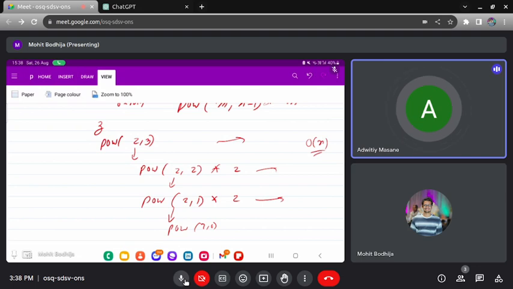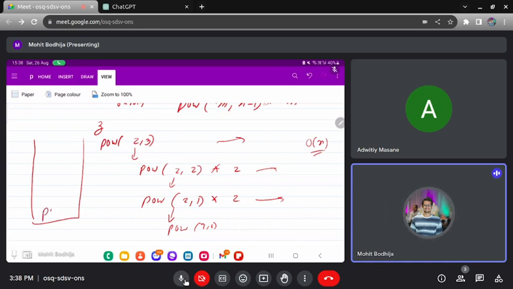Sir, the power function will be called 3 times. Okay. So in the stack it will be like this: power of 2 comma 3, then power of 2 comma 2, then power of 2 comma 1, and power of 2 comma 0 will also come. But again, if it is n plus 1, we will ignore the lower order terms and it will be order of n.